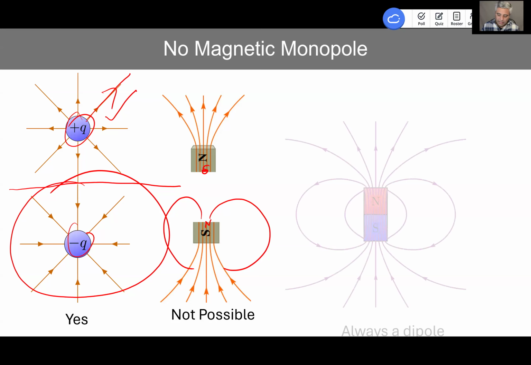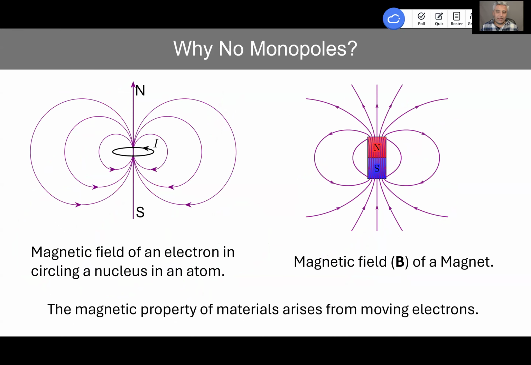If we keep breaking and go all the way to the atomic level, what happens in atoms? There is a nucleus, which is positively charged, and there are electrons orbiting around, okay? Even if we were to go to a tiny atom, of course that's not possible to do in exactly one atom, but let's say we did, then we'd still find north and south poles. For example, as long as we have one electron,